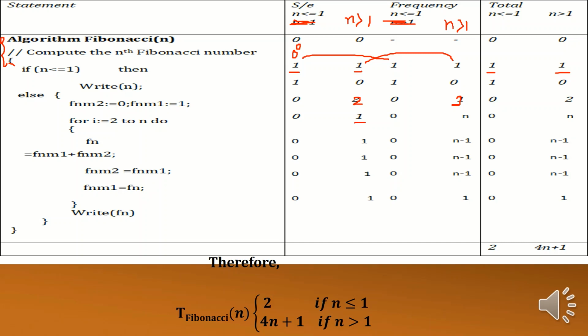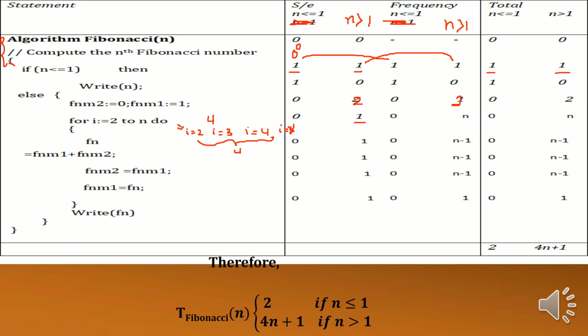Why n times? Let's take an example and see how many times this for loop is going to execute. Suppose n is 4. When i equals 2 it executes, when i equals 3 it executes, when i equals 4 it also executes, and when i gets incremented and the condition fails, in that case also it gets executed. In total it executes 4 times, and the value I took for n is 4. So totally n times. 1 into n is n.